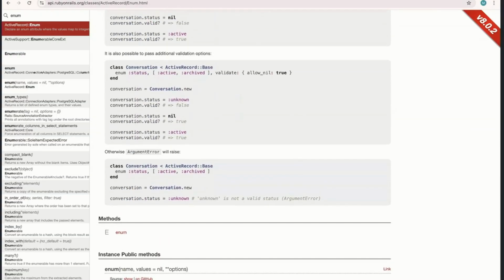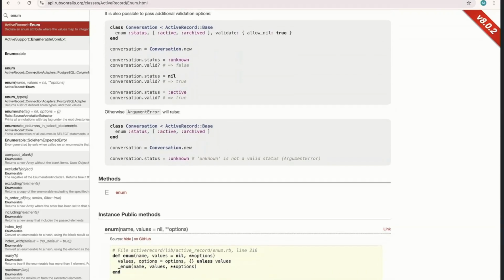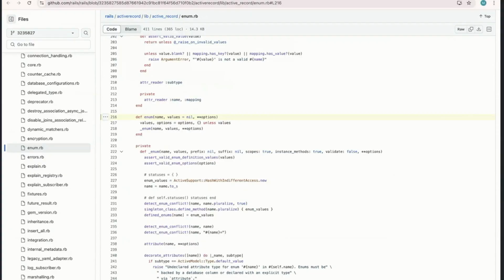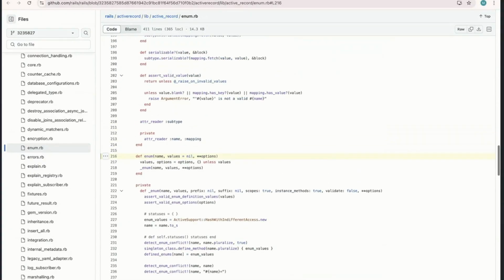I go down, find the enum method. This isn't giving me a whole lot, but there's source here. I want to show the source. Here's something. Source on GitHub. Okay, now we're talking.